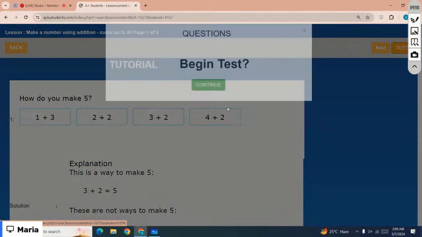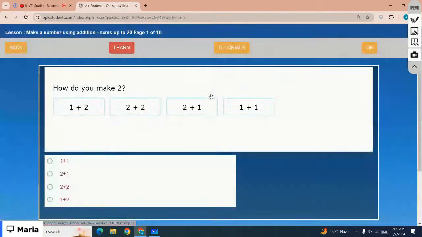Okay, let's just start with the test questions. How do you make 2? You have to select the option that makes 2, right? You are given more than one option. So start with the first one. Check by adding them and see which option makes 2, right? So the first one is 1 plus 2. So 1 plus 2 equals